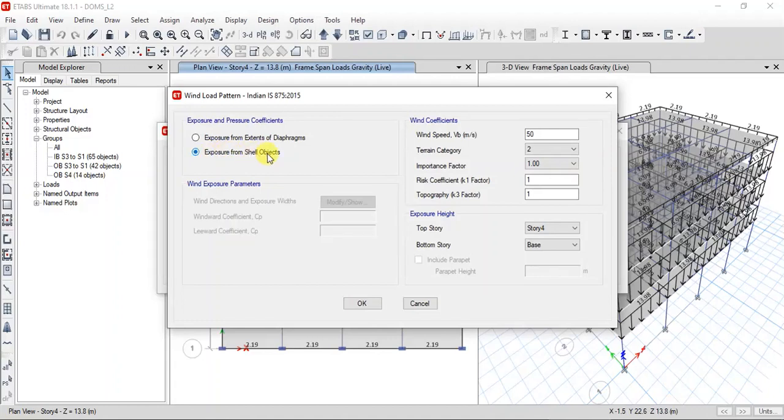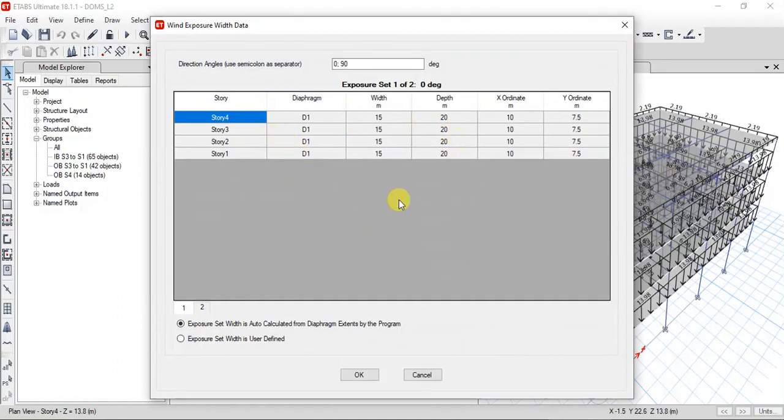If you want to use this shell object option, then you have to actually draw the walls, or you have to make this field. Then on the surface of the shell object, we can apply the load on the walls. So the best option is you select this diaphragm option, and by default ETABS will calculate the ordinates, at what diaphragm and what width we need to apply the loads.